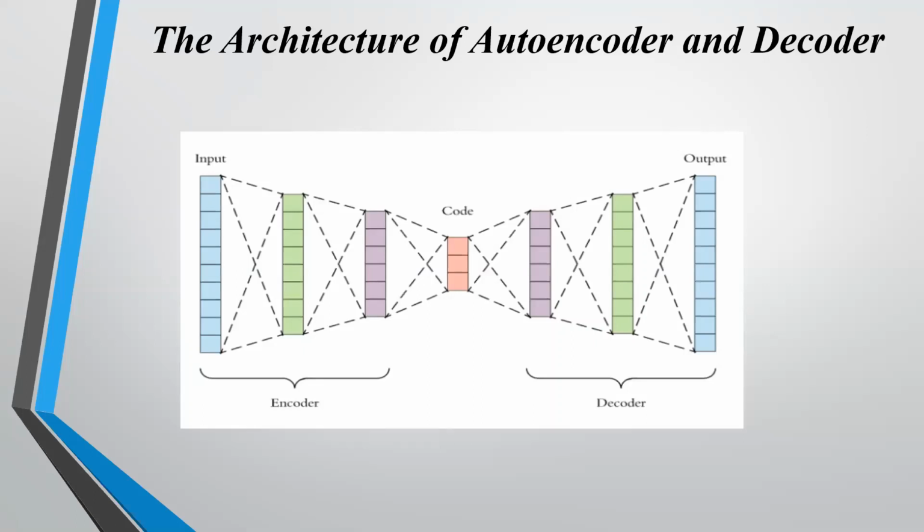With the dimensionality of one class, the number of nodes in the code layer is a hyperparameter that we need to set before training the autoencoder. First, the input passes through the encoder, which is a fully connected ANN, to produce the code. The decoder, which has a similar ANN structure, then produces the output using the code. So in this, the code will be identical to the input, and the output image will be mirrored.